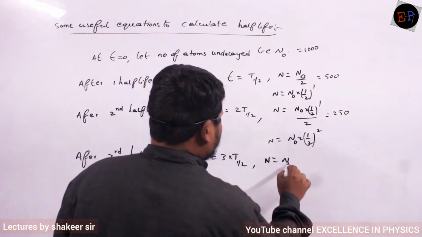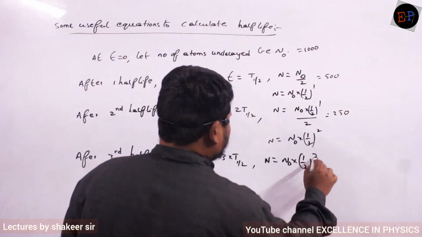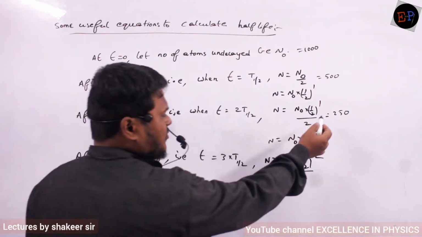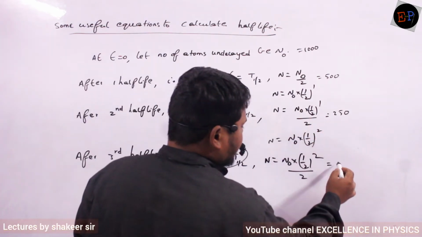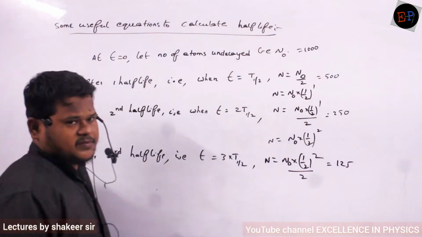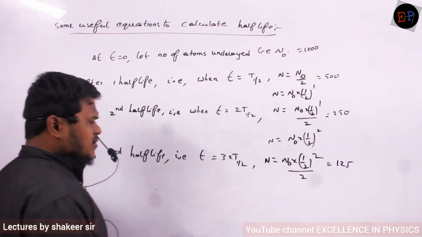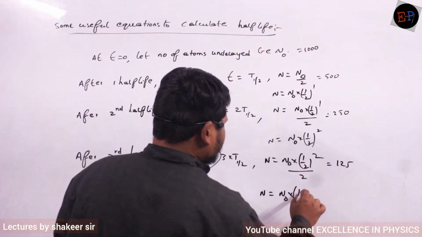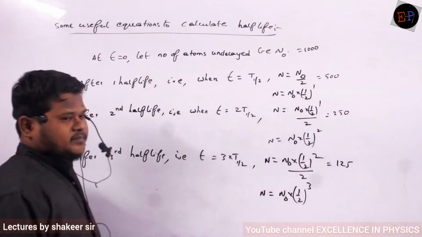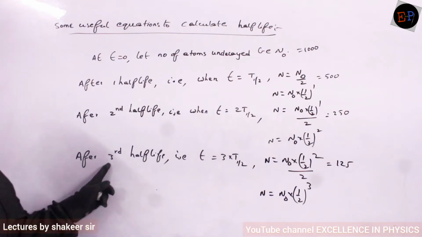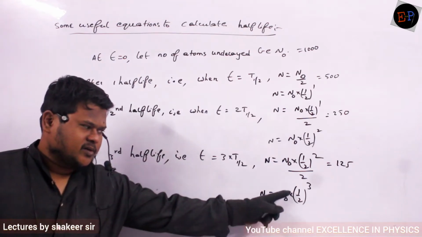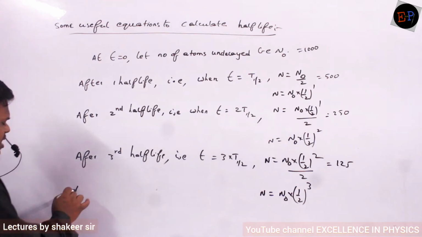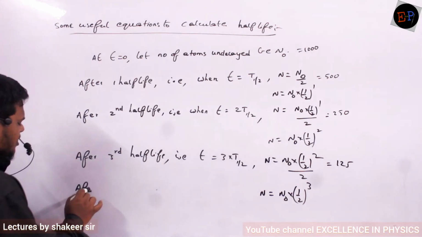N is equal to n naught multiplied by 1 by 2 power 2, again divided by 2. That's all. It means here now I have 250 atoms, and 250 atoms should become how many atoms? 125 atoms. So this equation, how can I write? N is equal to n naught multiplied by 1 by 2 power 3. After 3 half-lives, the number of atoms is n naught into 1 by 2 power 3. Clear now? So therefore, after the nth half-life,